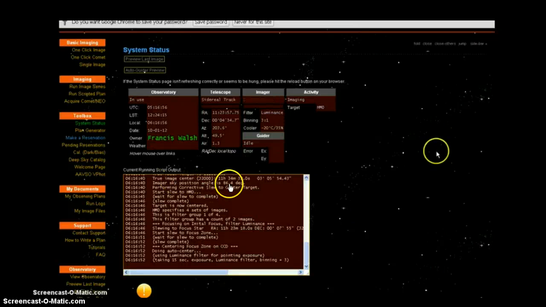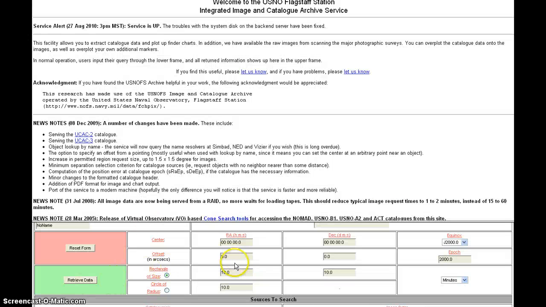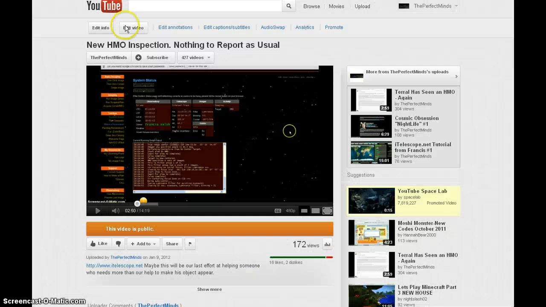True image center. There it is, right there. 11:34:32. And the declination is